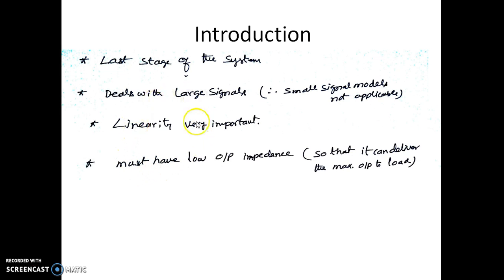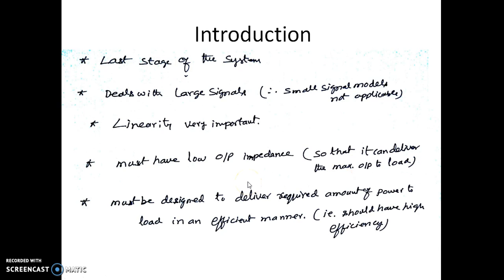And this power amplifier should have a low output impedance. This is required so that it can deliver maximum output voltage to the load. So it should have very low output impedance. Since these power amplifiers are placed at the last stage, they will not be amplifying the signal. The signal is already amplified, so we'll be dealing with a large signal. So it should have very low output impedance so that it can deliver maximum power